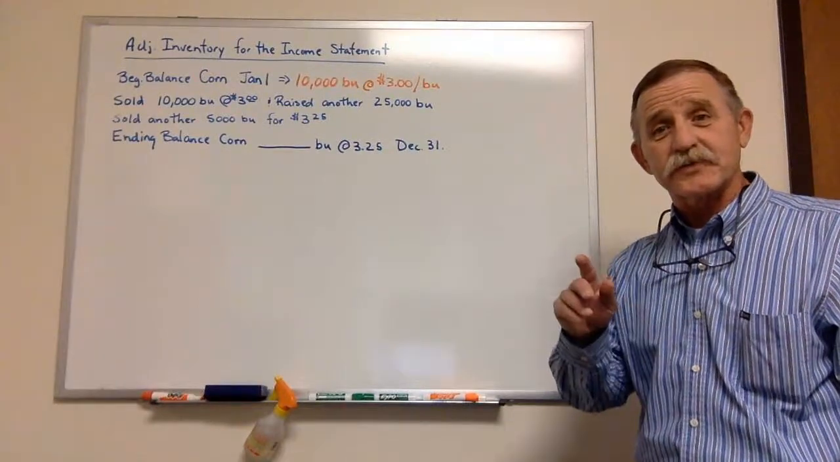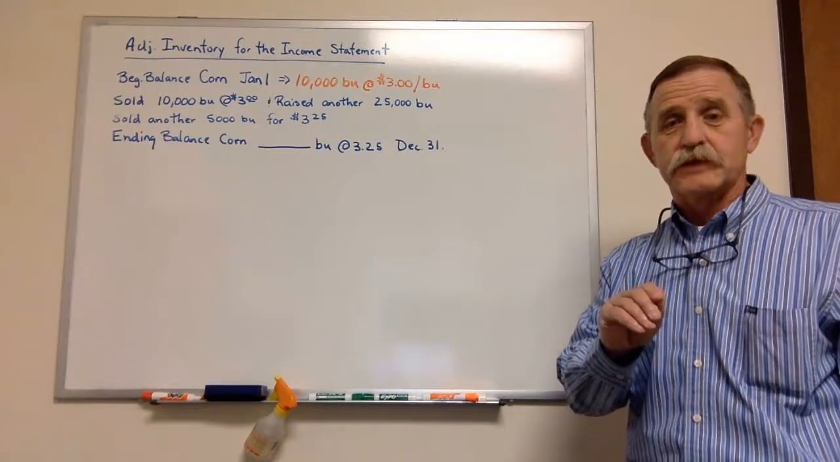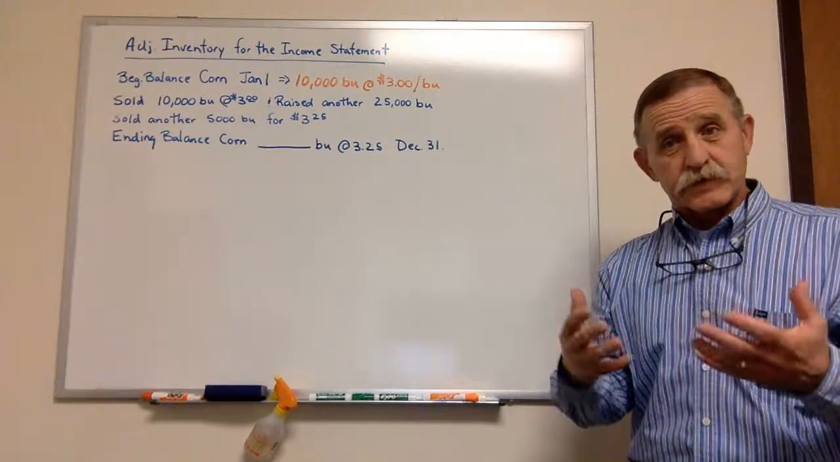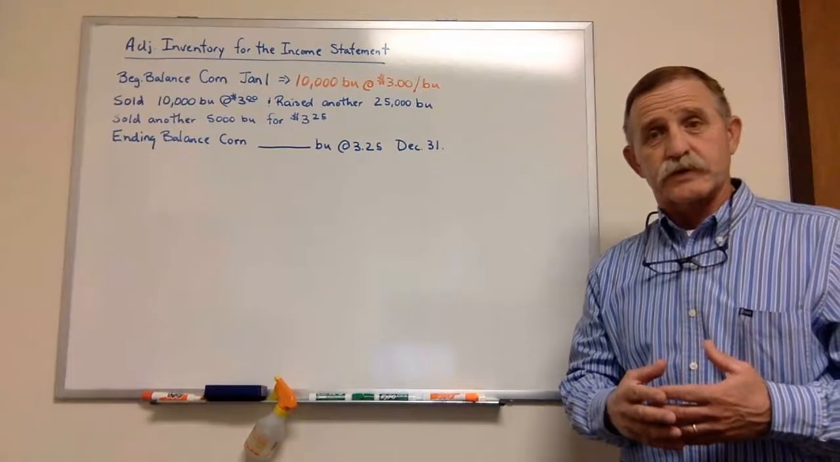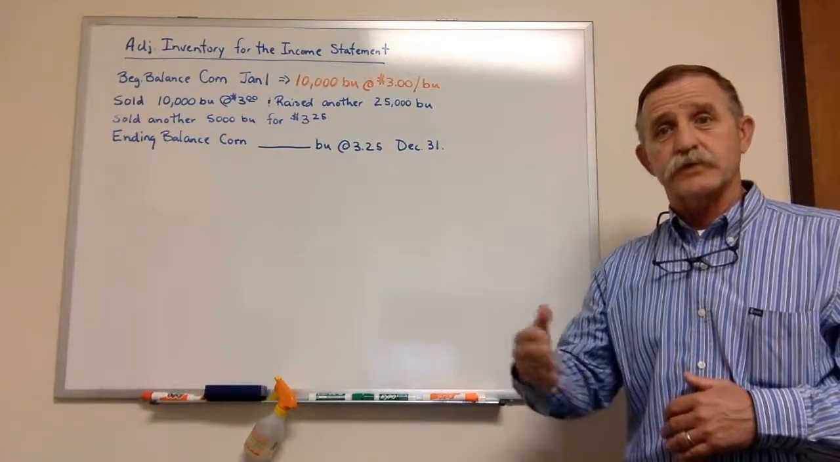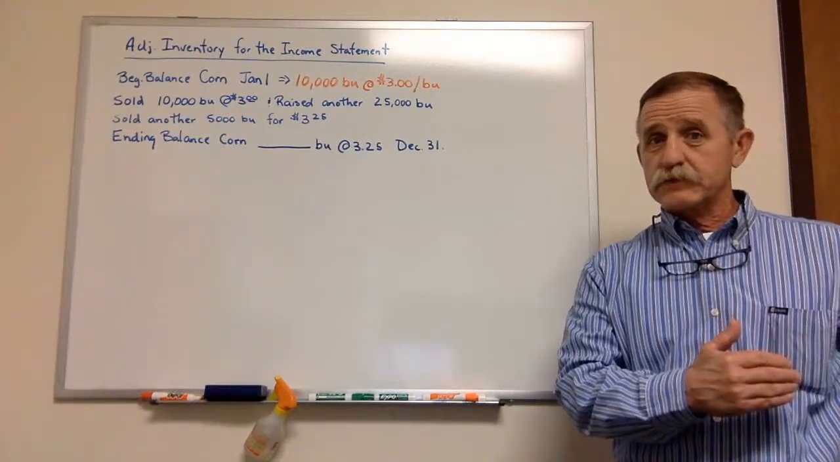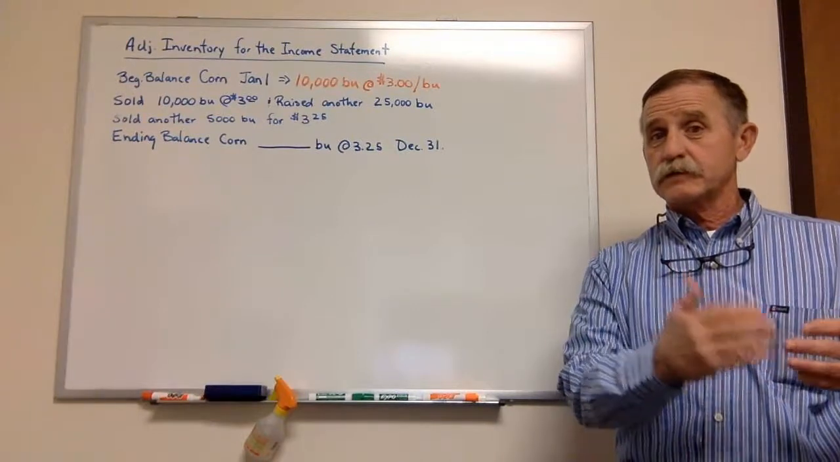Okay, what we want to do actually is just show you how to do an inventory adjustment. And there's a couple things you have to put together first. And we're talking about income statements here. It's an adjustment on your income statement. We're going to have to go back to the balance sheet, and we're going to need a balance sheet beginning